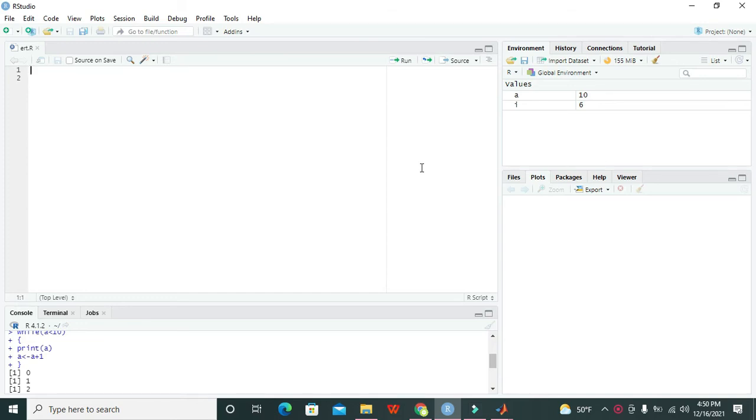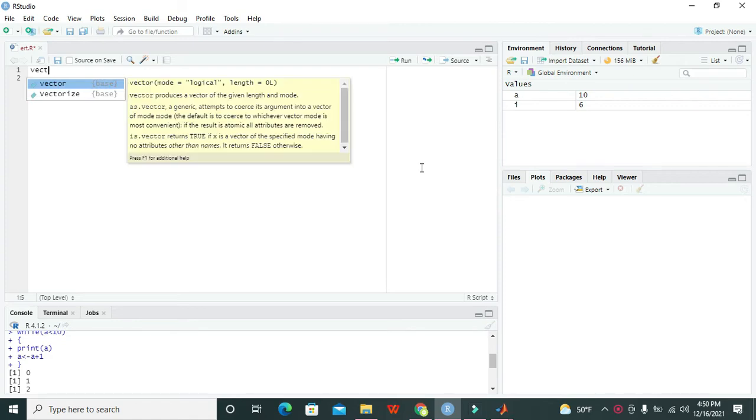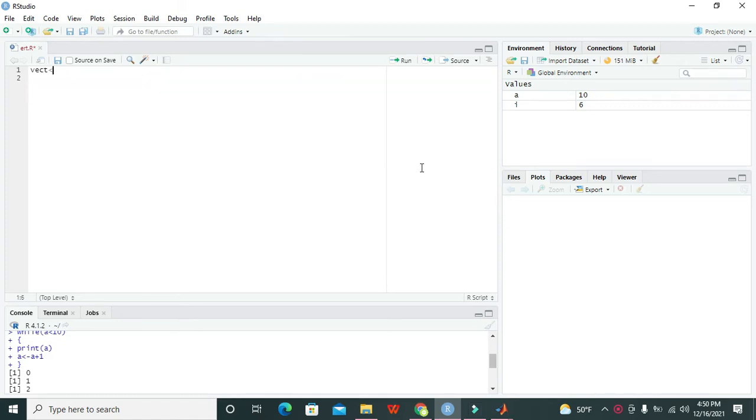So today we are going to learn how to make a vector within the R programming language. For it, first we need to declare or create a variable. Let's say that our variable is vect. You can write anything instead of this vect as well. It is not necessary to write vector, you can write a b c x y z or anything.